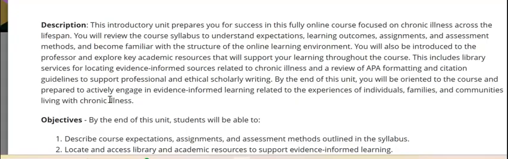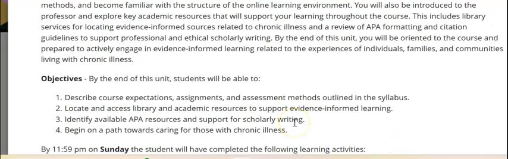You're also going to be introduced to myself and explore some key resources that are going to be available to you throughout this course. And by the end of the unit, you're going to be prepared to really actively engage in evidence-informed learning related to the experiences of individuals, families, and communities living with chronic illness.